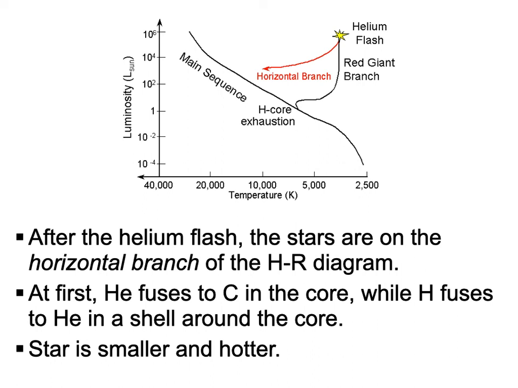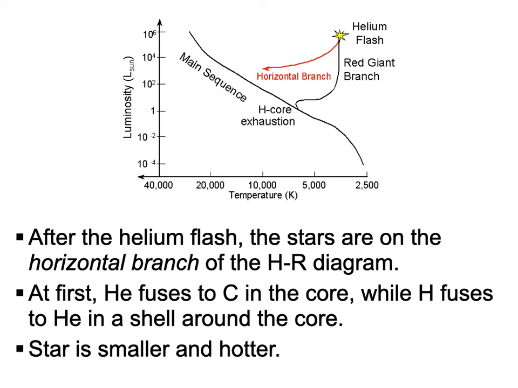the HR diagram. So don't get too hung up on all these drawings. I'm just showing you this because you're going to see this again later on, and it will hopefully make a little bit more sense when we use one of these things. But you can see the main sequence there. It's on the main sequence when it's fusing hydrogen into helium. When it runs out of hydrogen, a star leaves the main sequence and starts to track up towards the red giant branch. As it becomes a red giant,